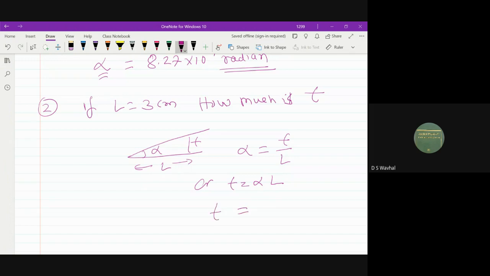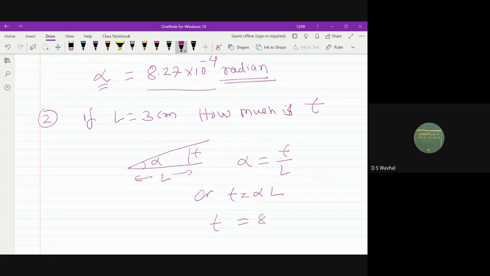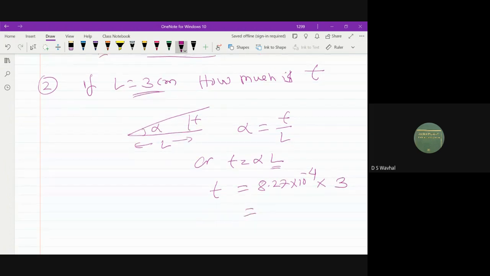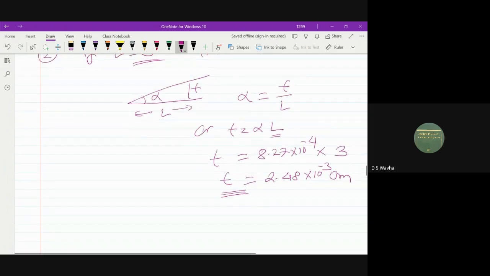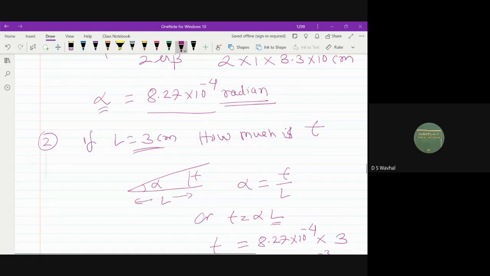And that is T equals alpha, which we just got as 8.27 into 10 raised to minus 4, and the length is 3 centimeter. And that comes to 2.48 into 10 raised to minus 3 centimeter. So this is the thickness. So thickness of the film is 2.48 into 10 to power minus 3 centimeter if the length is L. That is the second. And the third thing we have to find is